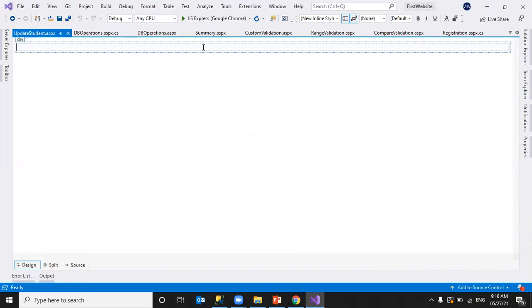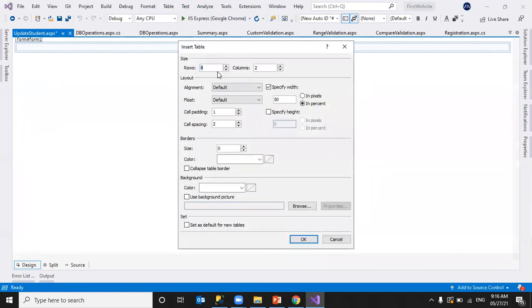First, I'll take a table. I'll take 6 rows, 2 columns, and some background color if you want, we can use. Just some padding.